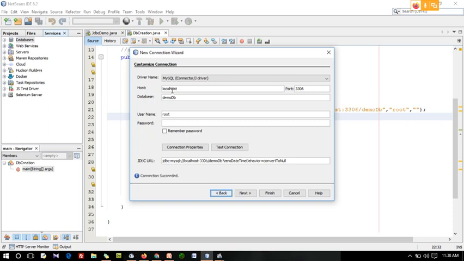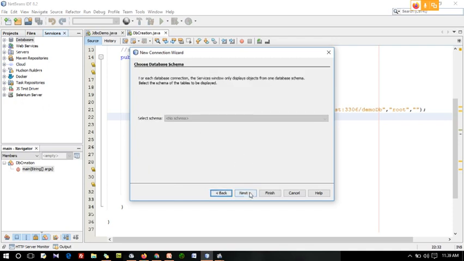You should note down the host and port number and database and root. This database is inside my localhost 3306 port, which is the XAMPP database. My WAMP port number is 3307. So inside this localhost 3306 XAMPP database, I am having DemoDB, which we just now created. If the connection succeeded, give Next. I don't have any schema now.